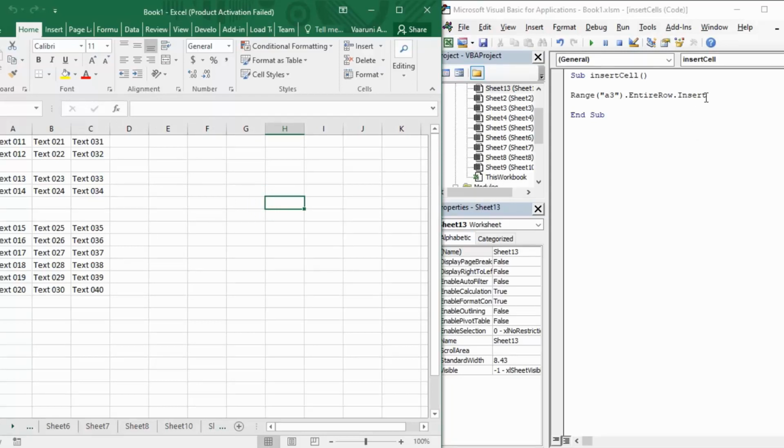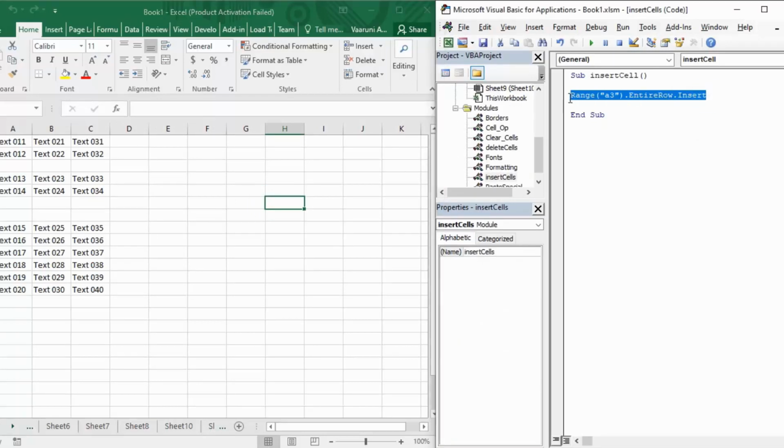Now what happens if you want to insert an entire new column? I want to insert a new column where this A is residing. So let's see that.